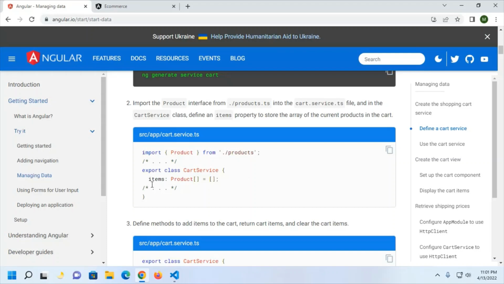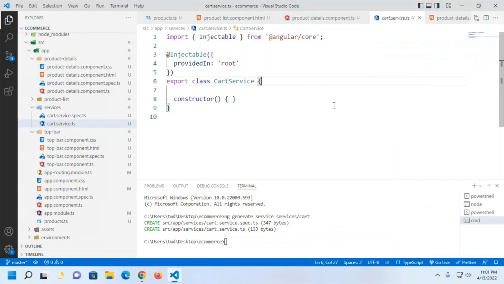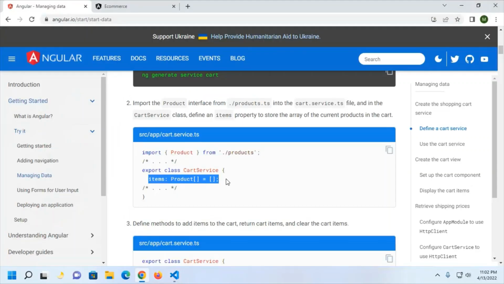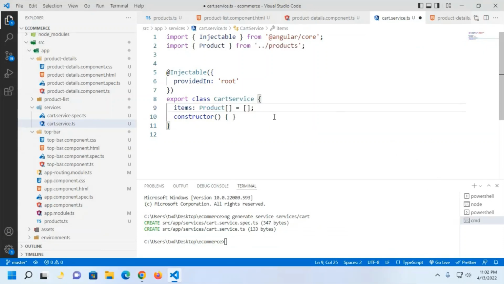Okay, import into cart service. Okay, now define a variable, name it items of type product. Okay,